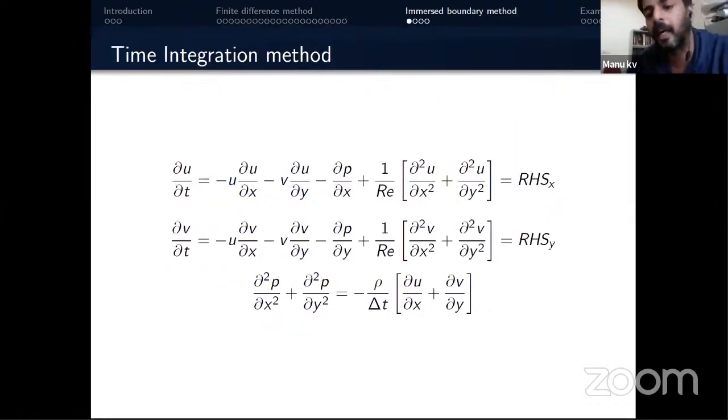Okay, so now let's look at how we handle this part. These are the set of equations: dou u by dou t, dou v by dou t, and the expression for the Poisson equation, which we can modify and write in this particular form. Now these 2 are initial value problems. This is a boundary value problem, and we can discretize all the terms in the Navier-Stokes equation. This is one way of doing it, and we can get a difference equation and calculate the values at the n+1 time. Once we know the initial condition and boundary condition, we can get the values at the next time step.